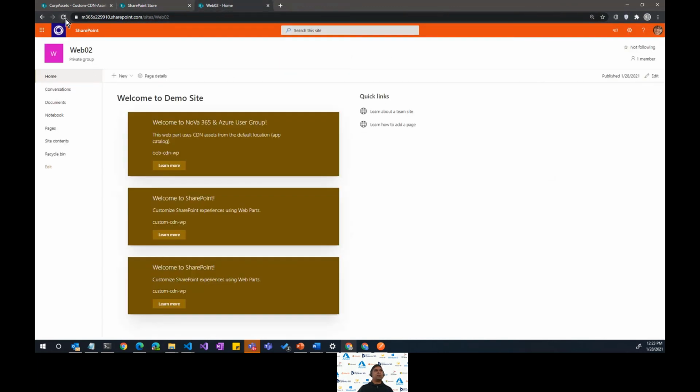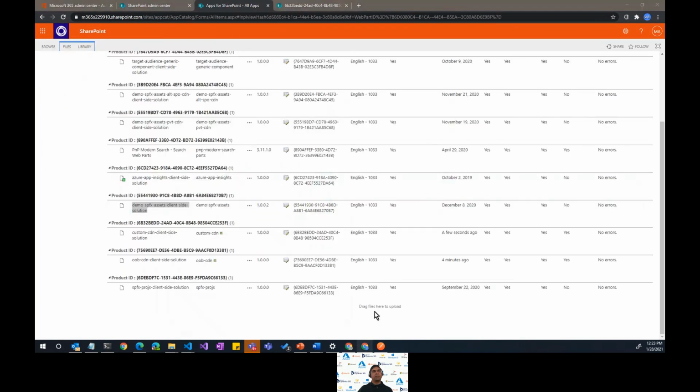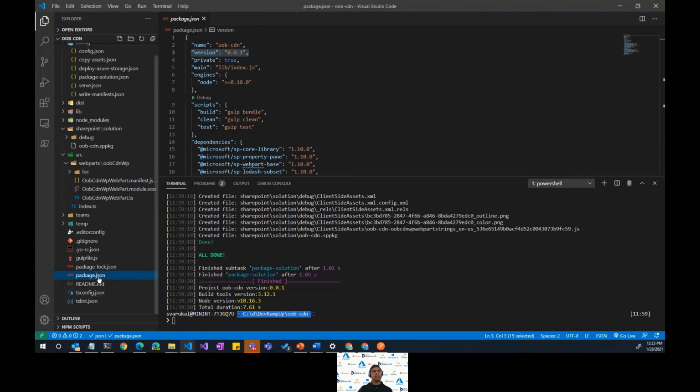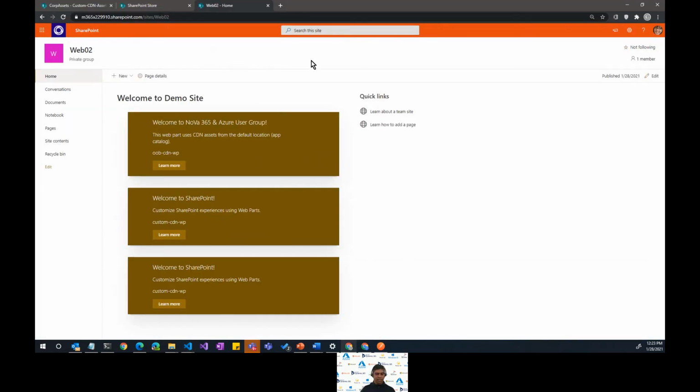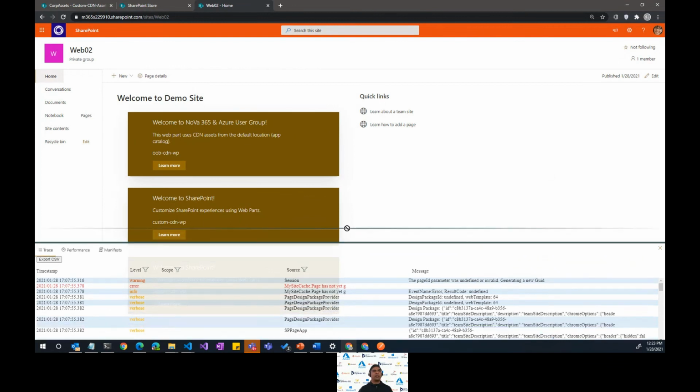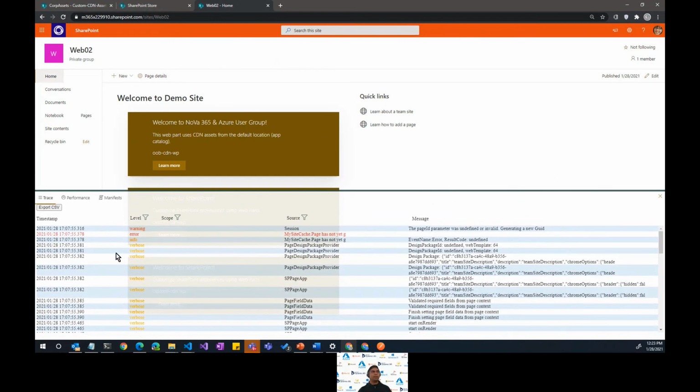Now, to see the version number that's coming from the package.json file, which in this case is 0.0.1, let's see where you find that. If you press Control F12, you'll see a nice panel opening up here. This is related to modern pages only, where you will see all the components that are part of this page that gets loaded.